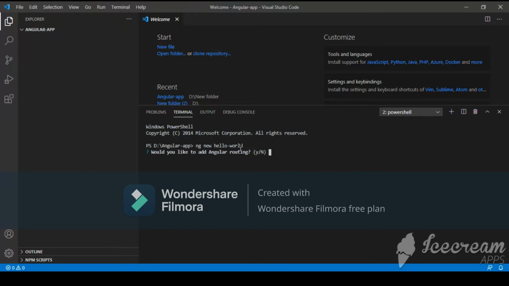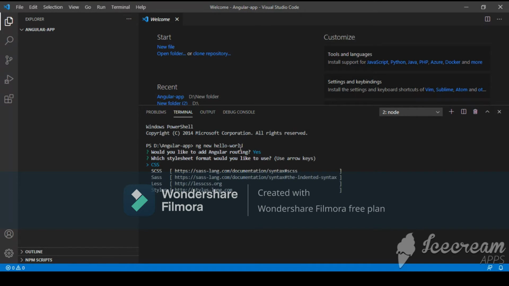It will ask, would you like to add Angular routing, yes or no? Yes, I need Angular routing, so I'll press yes. It will ask which style sheets you would prefer, like CSS, SCSS, Sass, Less, Stylus. So I'll select CSS from these options.